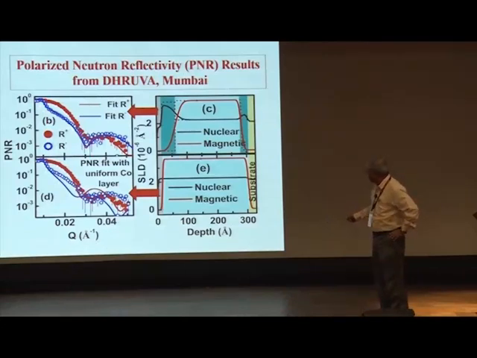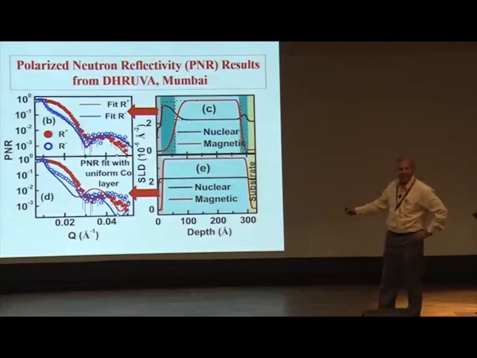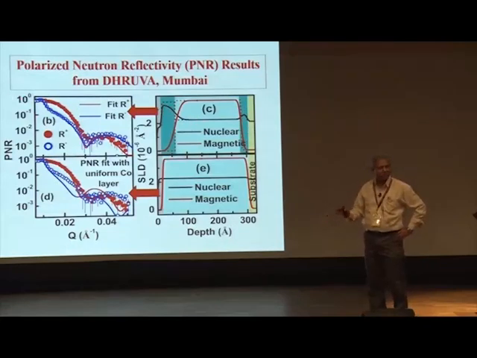Look at this fit. This is done assuming silicon substrate, normal cobalt, and cobalt disilicide. If you assume that, we get a very bad fit. But if you have this model, high density cobalt here, high density cobalt over here, we get a very nice fit. So again, these results are consistent with what we found from X-ray reflectivity.